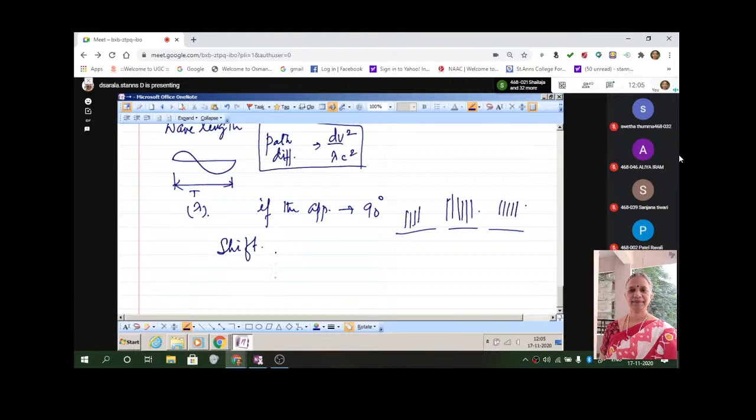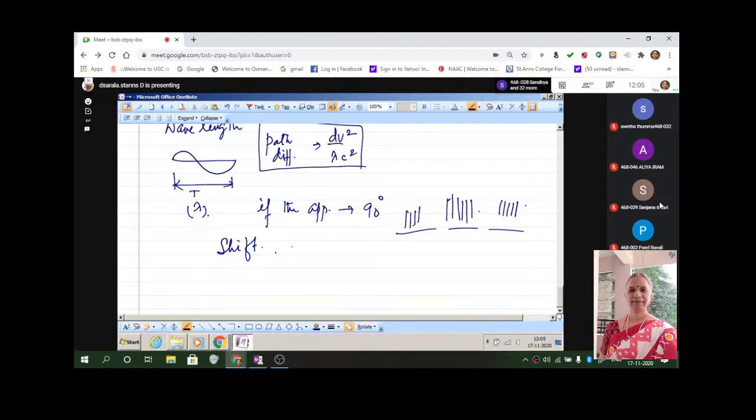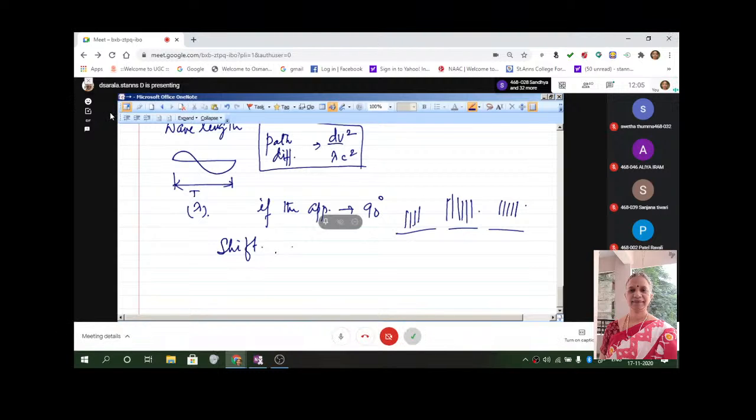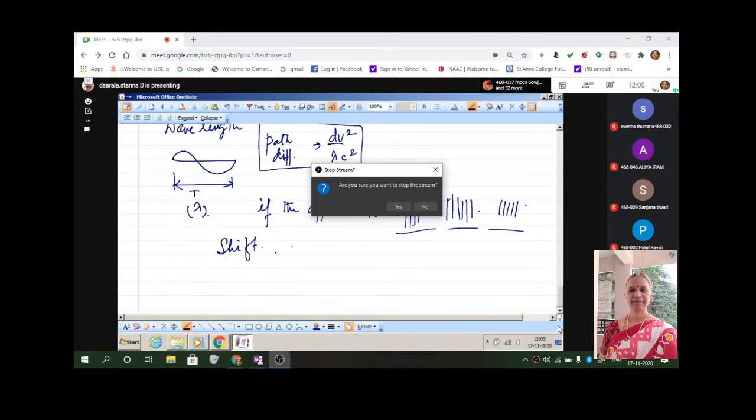I will stop here. I will continue in my next class. What we are talking about is the difference in the fringe shift and what they thought initially: they estimated there is a shift. See, when you disturb the apparatus, the entire thing is disturbed. When it is disturbed, there was a change. So when there is a change, they thought something different will happen, and they thought that